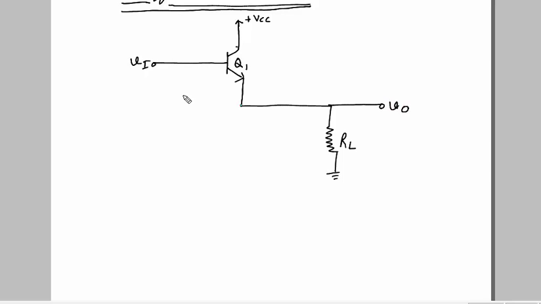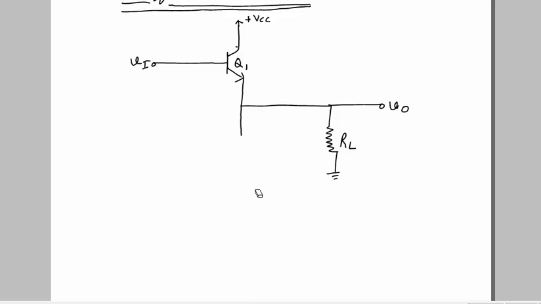Now this Q1 should be biased to provide a constant current I. So I is a current source which provides the constant current for the biasing of Q1. Now this is just a symbol. Actually it will be represented using a current mirror. Let us draw the current mirror here. So let me remove this first. This was the symbolic representation, meaning it should have a constant current I for the biasing purpose.